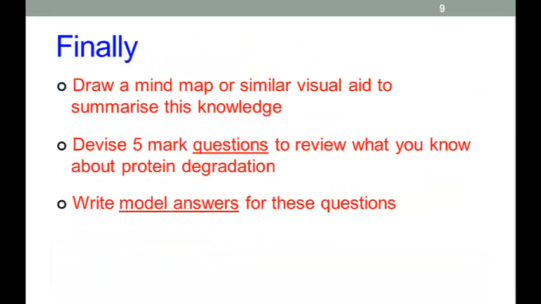Okay, bring it all together. Draw a mind map or some other visual aid or some other way to summarise this knowledge. That's the sort of extension of your helicopter view definition, I guess. And here's something I'm going to recommend a lot throughout these sessions: devise some short questions, in this case to review what you know about protein degradation. To do that, you're going to have to go through your knowledge and parcel it up into discrete topics, and then for each of those questions, write a model answer. I will be posting the exam that was done earlier in the year, which will include both the questions